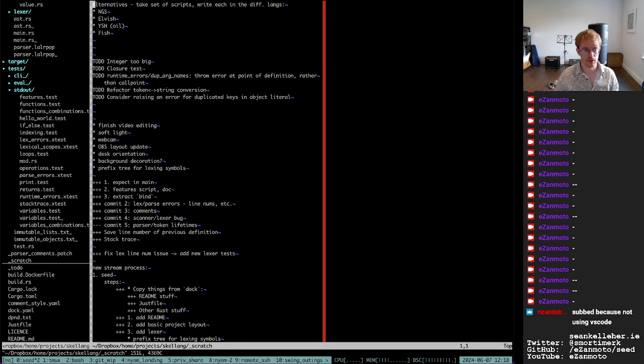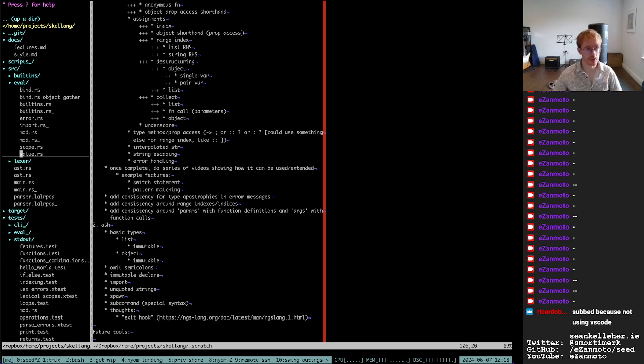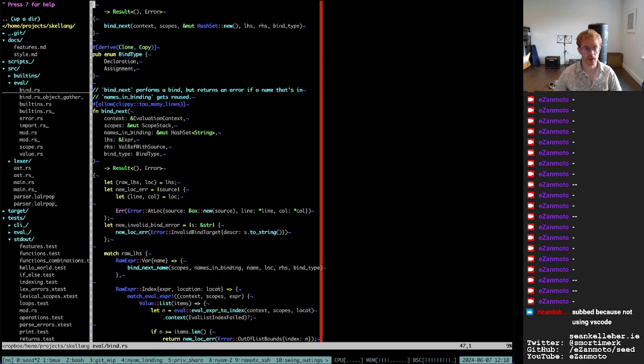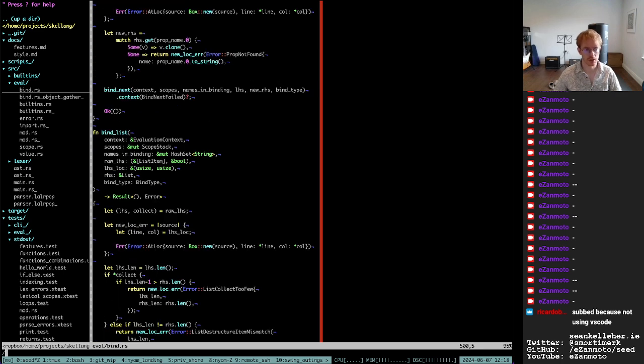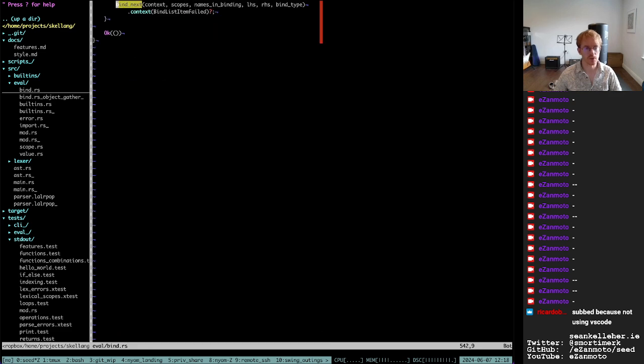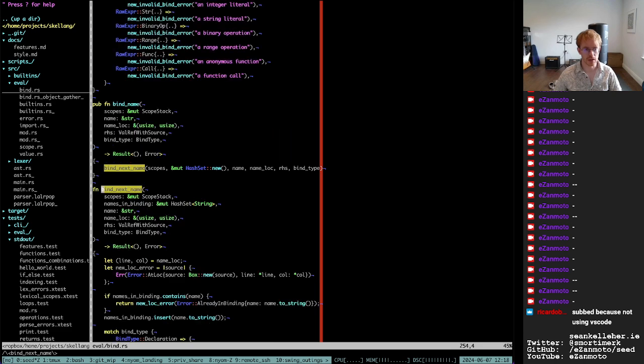So we're getting very close. There's only a handful of features left at this point, so that's collection done, and that's almost everything to do with assignments finished as well, which is nice. So let's go ahead and add support for underscores, which I think, if I recall correctly, in the last implementation is quite straightforward to implement, but then, famous last words and all that. But I think it will be in bind next name,